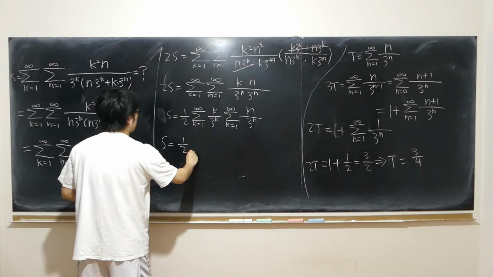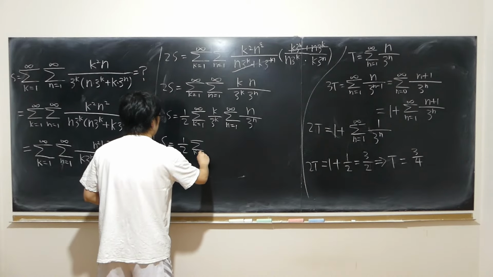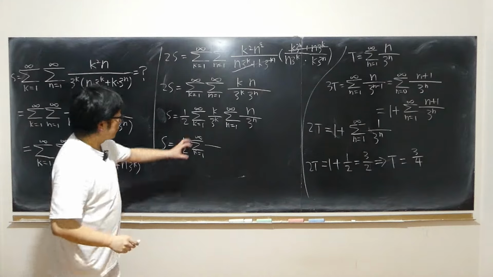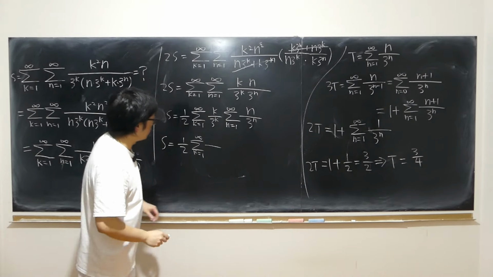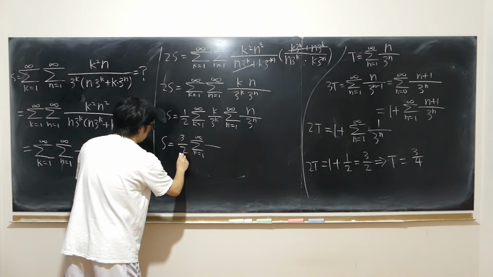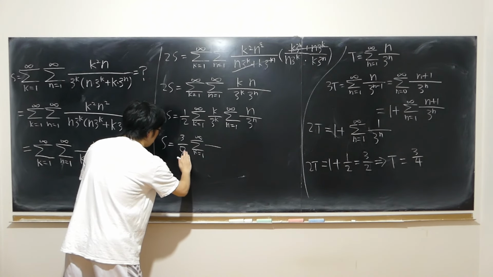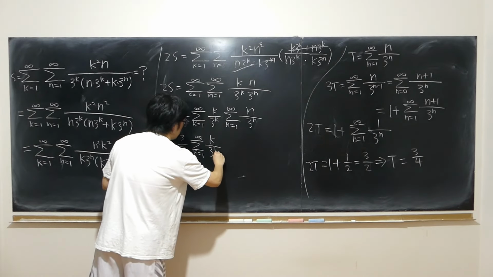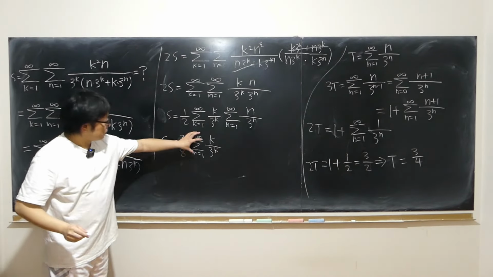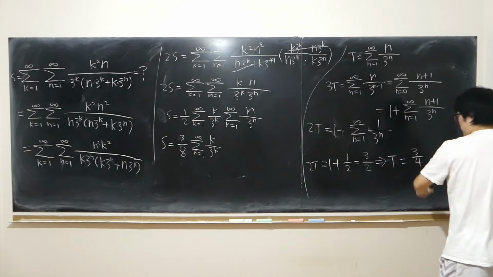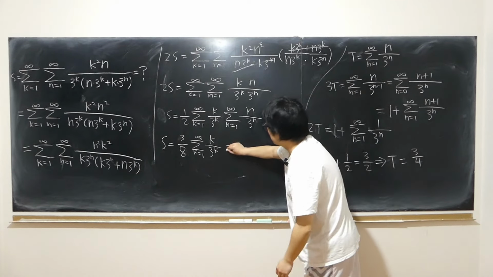S should be equal to half, the sum over k from 1 to infinity. I just worked out this one: 3 over 4 multiplied out, so 3 over 8 down here. Then k over 3 to the k is exactly the same infinite series as the one I just worked out, 3 over 4. So that's